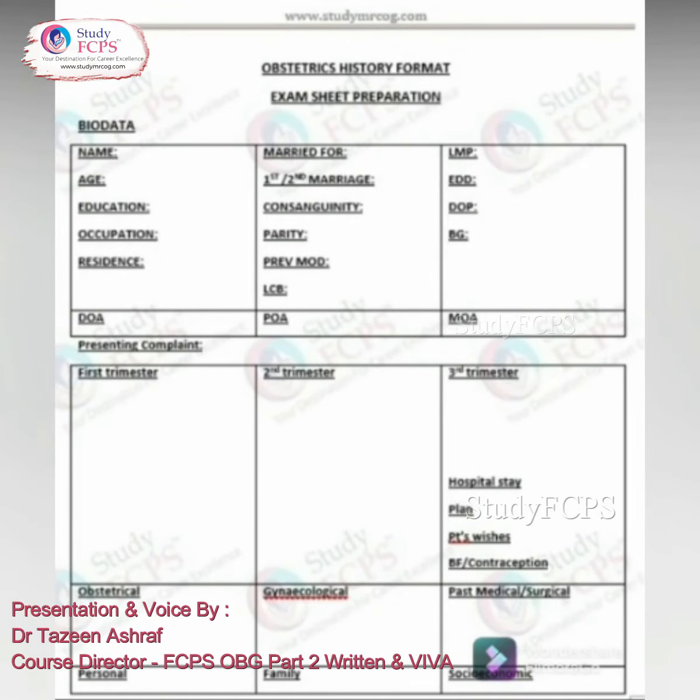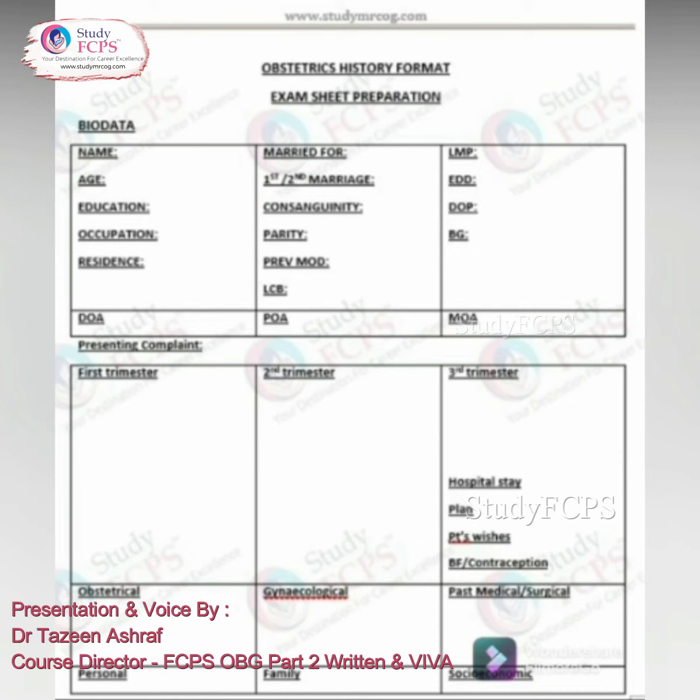The second column will be for the marital history of your patient, like how long she has been married, whether it is the first or second marriage of your patient, and whether they are in a consanguineous relationship or not. What is the parity of your patient, previous mode of delivery, and the age of the last child born to